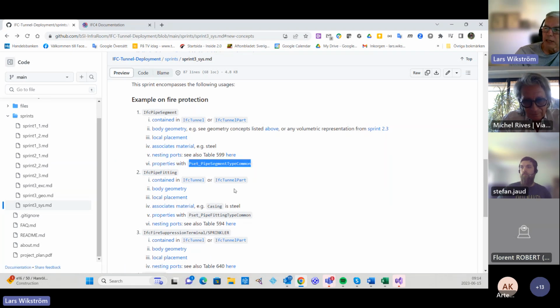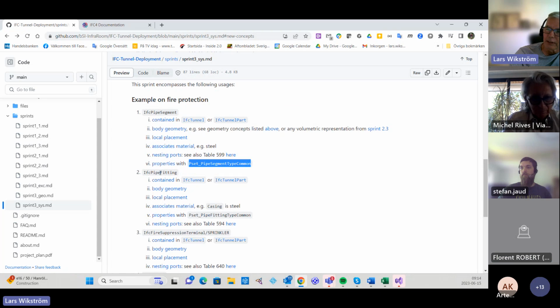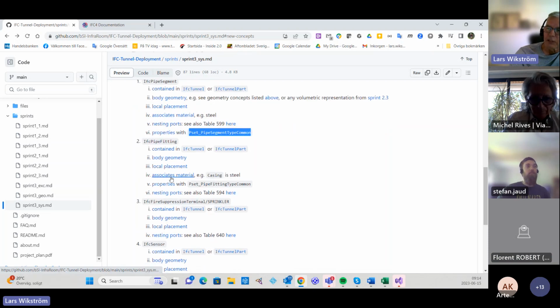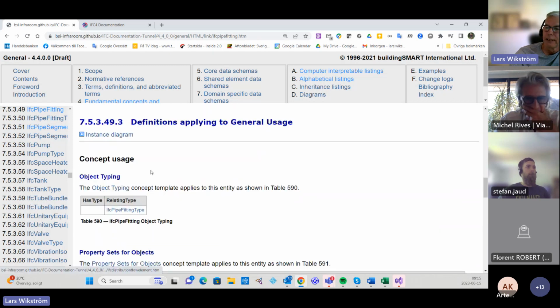And properties, we have the PZ pipe segment type common that we should attach to the pipe segment. Then we have a pipe fitting, sort of similar thing here. Nothing particularly different about this from the pipe segment, but it's a fitting in this case. So sort of the same structure should be contained, have a geometry, placement, material, properties, and it should nest its ports. And in this case, for fittings, you have a table again, 594 in the